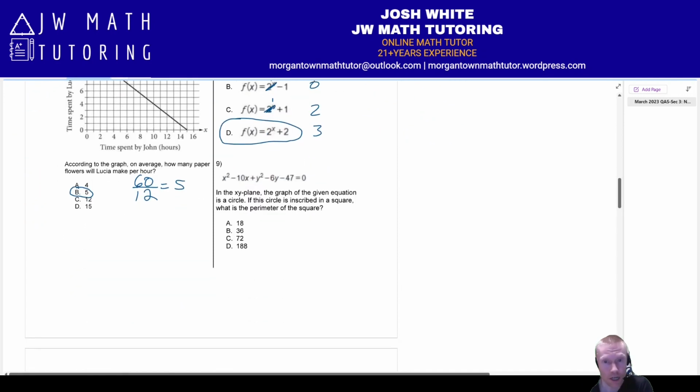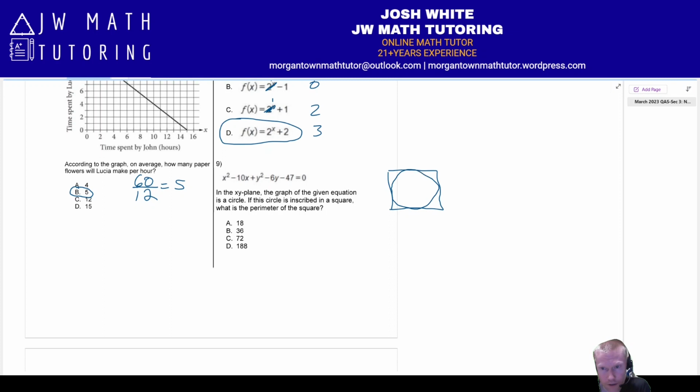Okay, question number 9. Here we have an equation for a circle. It's not yet in standard form, but we're going to put it into standard form. Basically, what's going on here is we have a circle inscribed in a square, and they want to know what the perimeter of the square is. So what we have to do is put this circle into standard form